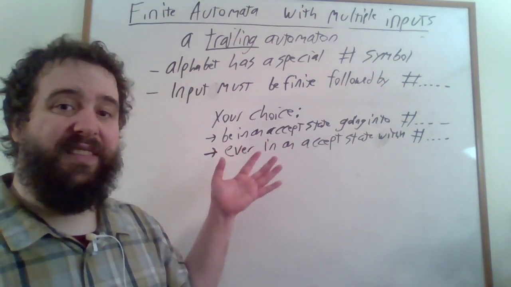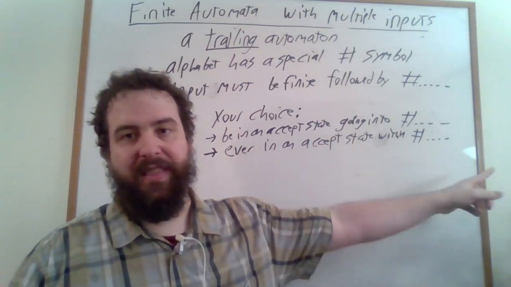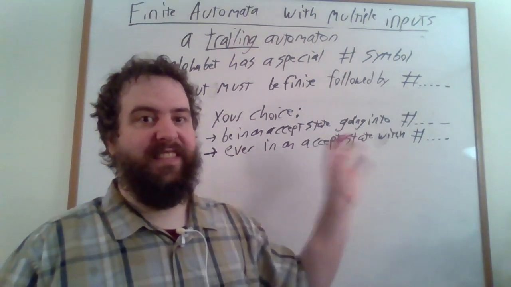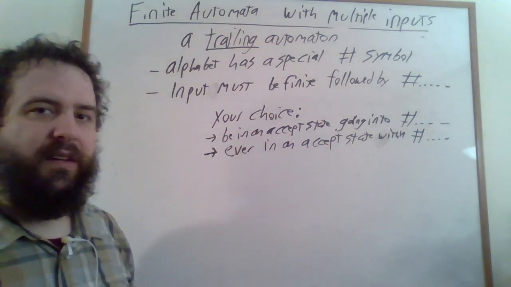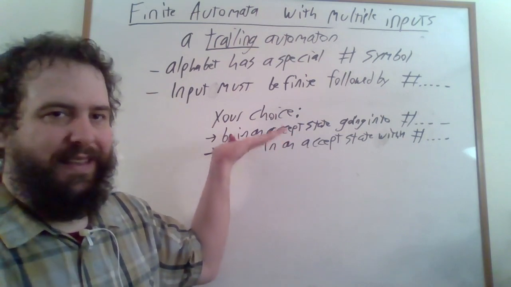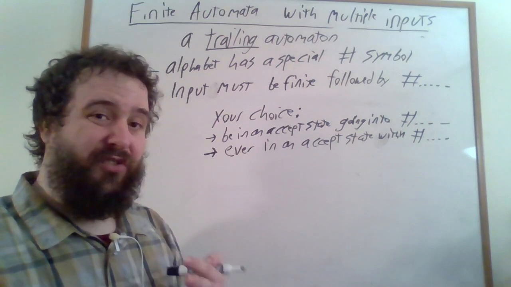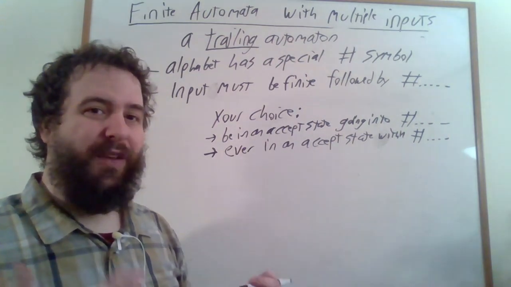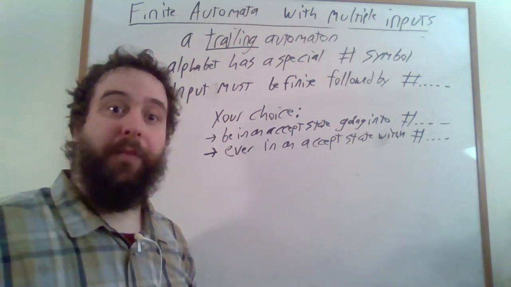You could say, for instance, if you ever wind up in an infinite number of accept states within this thing, or if you eventually wind up in an accept state and stay in the accept state, they're all things that can be translated into this type of trailing automaton. And this is really just secretly a standard finite state automaton. So just like how if you made a bunch of small changes to a programming language, you would affect what programs did,